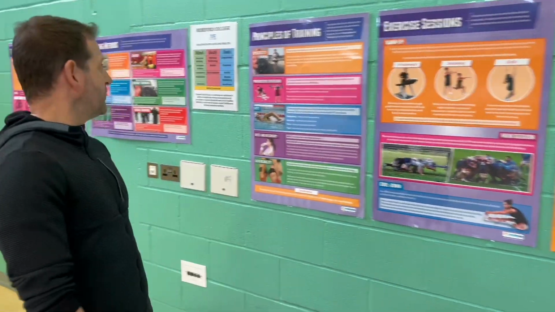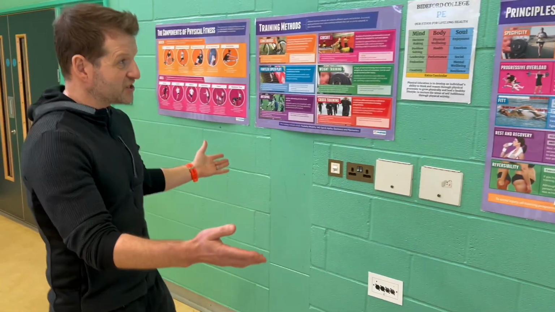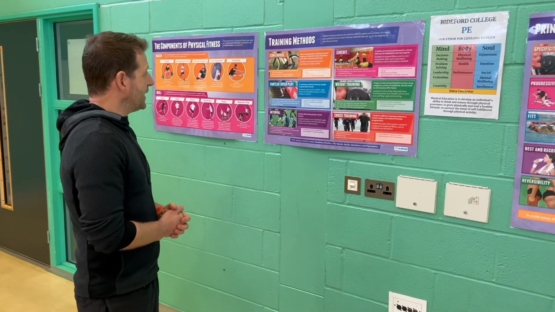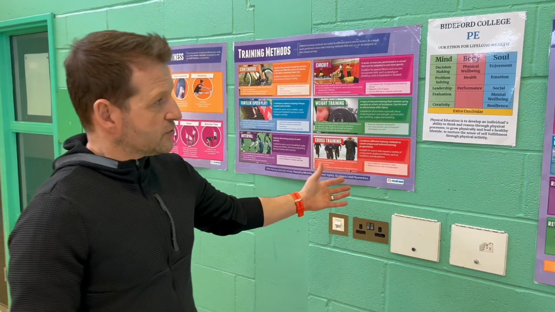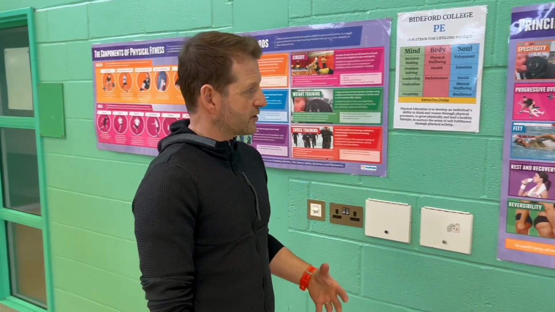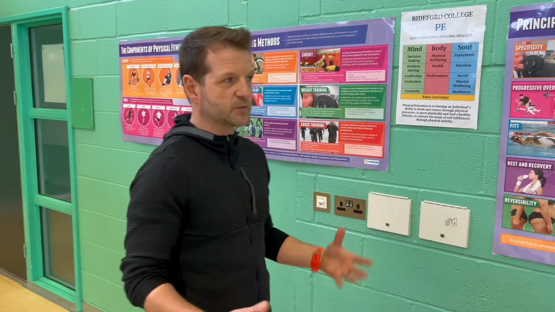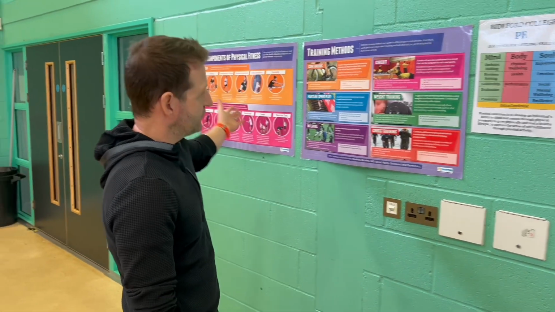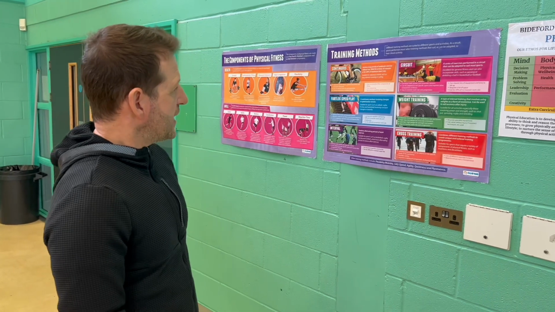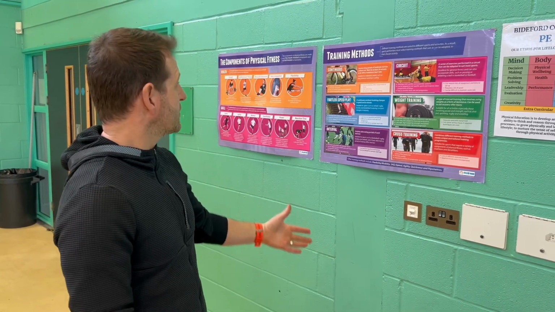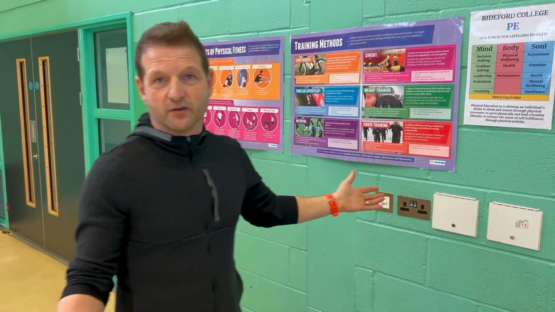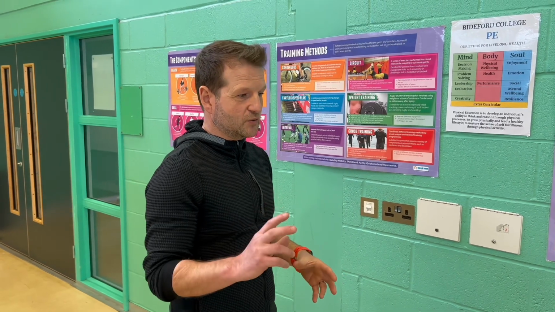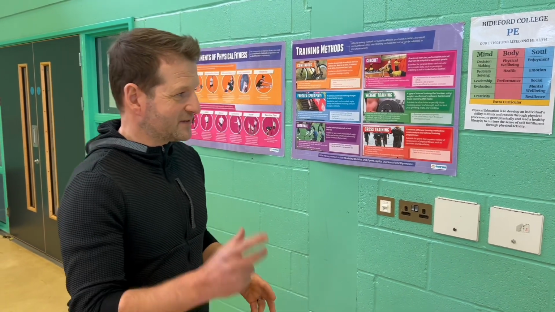In the final component, because this is now moving into year 11, you're going to be looking at the principles of training, okay, and the methods of training. So if you're going to be a personal trainer or a coach, you need to know how to manipulate sports science, the components of fitness that you've learned earlier in the course, and how to get the best out of these athletes. So continuous training, circuit training, weight training, these are all things you've heard of and do. But we need to educate the students to know how to get the best out of their clients. And that's how I'd see this course.